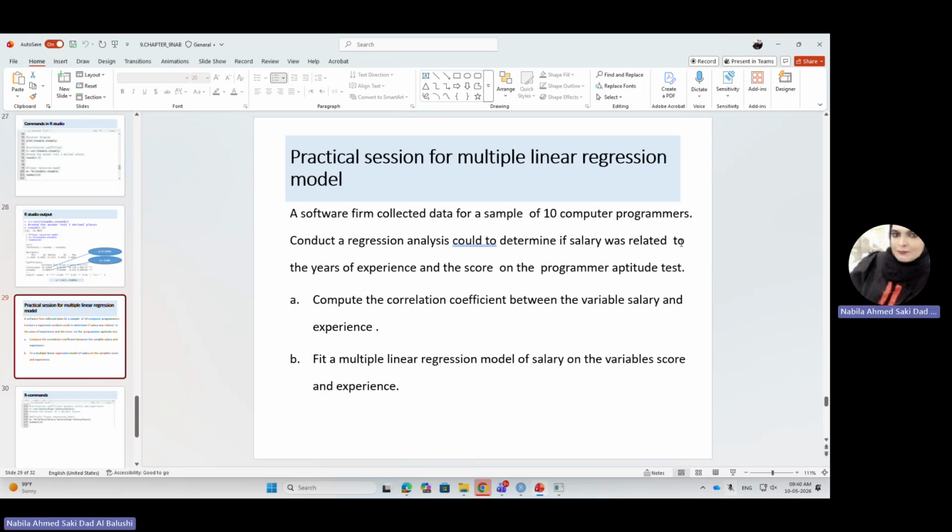Determine if the salary was related to the years of experience and the score on the programmer aptitude test. First question: compute the correlation coefficient between the variables salary and experience. The second question: fit a multiple linear regression model of salary. So salary is the response variable, or the dependent variable Y, and the other two variables, score and experience,